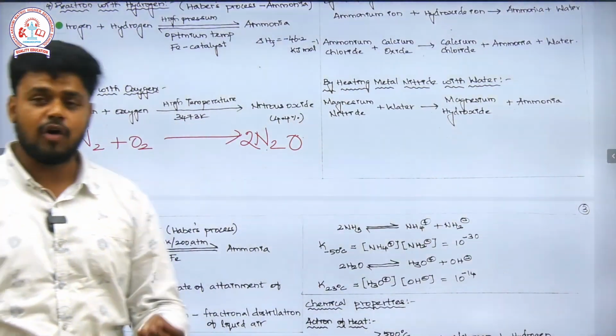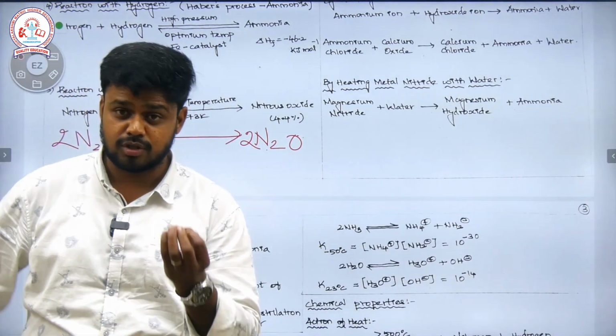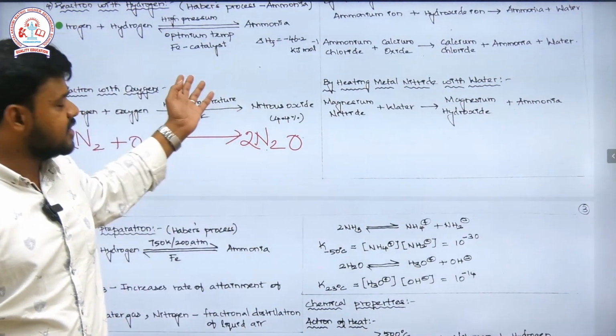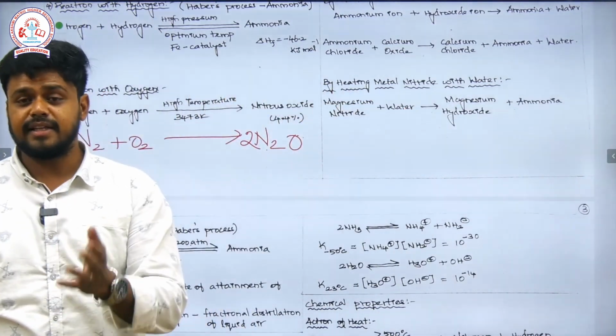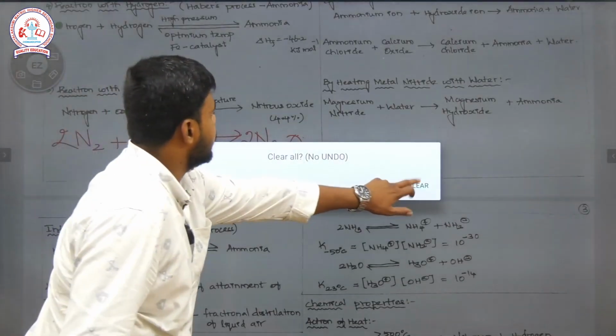So till now we have seen the formation of the nitride with lithium, formation of the nitride with calcium, formation of the nitride with boron, then synthesis of ammonia through the Haber's process, then the reaction of nitrogen with oxygen to form nitrous oxide. So till this we have seen. Then next one is